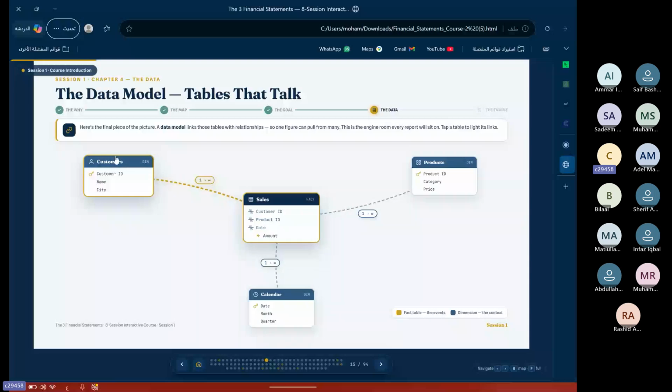My name is Muhammad and my customer ID is 1. Your name is Omar and your customer ID, of course, will not be 1. It must be 2. So it will not be repeated. Here we can find it repeated in rows. I can purchase 10 times in a month. So it will be Muhammad 1, I purchased for 10 riyals. On the second day or the third day, Muhammad 1 purchased for 5 riyals. So it will be repeated here, but there, of course, it will not be repeated. So this is how we will connect our data. We will have this database.